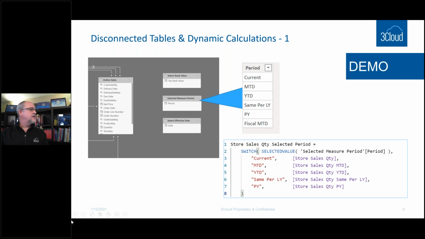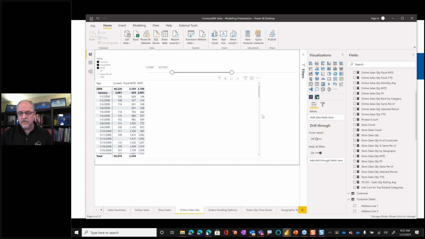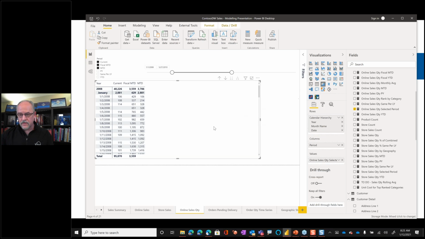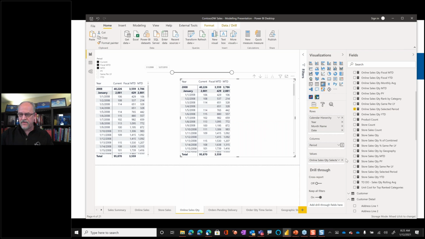All right, so let me pull up, I've got a few models open. That's this one right here. So the first thing that we'll take a look at, I'm going to actually make a copy of this matrix, and I'll come over to this one. Let's plop this one down right here. And I'm just going to simplify things a little bit.